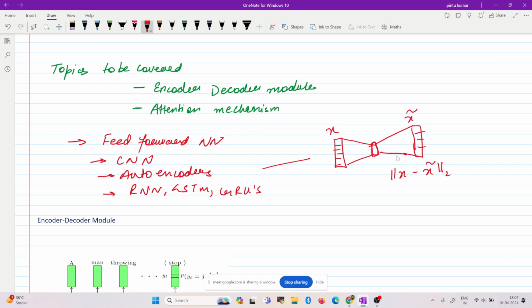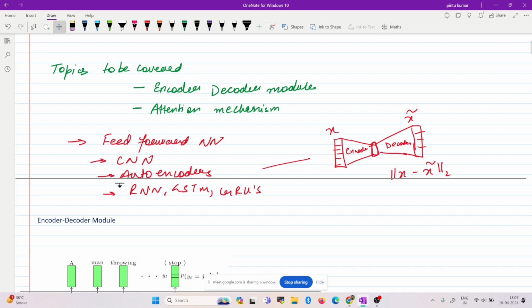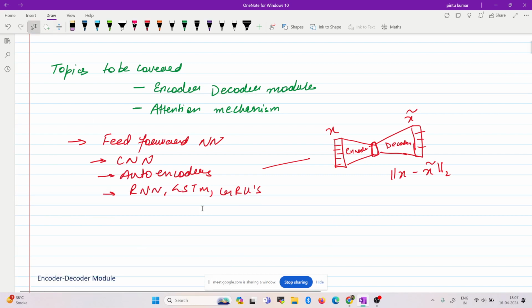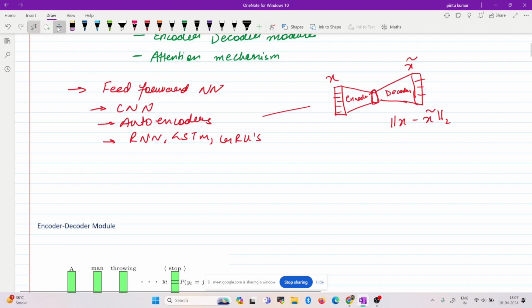We call this left part the encoder and the right part the decoder in case of autoencoders. Now the motivation for the encoder-decoder module is also the same, that we want to do something similar, but